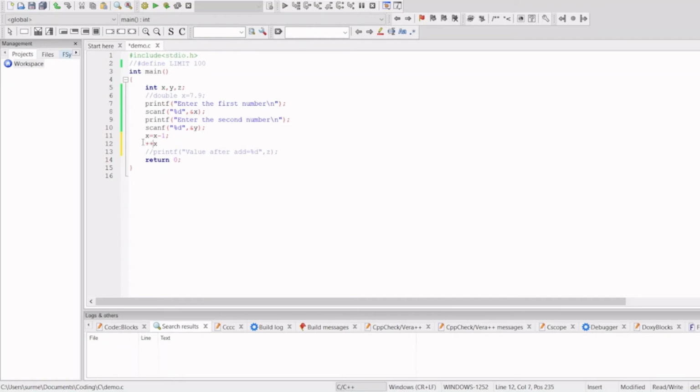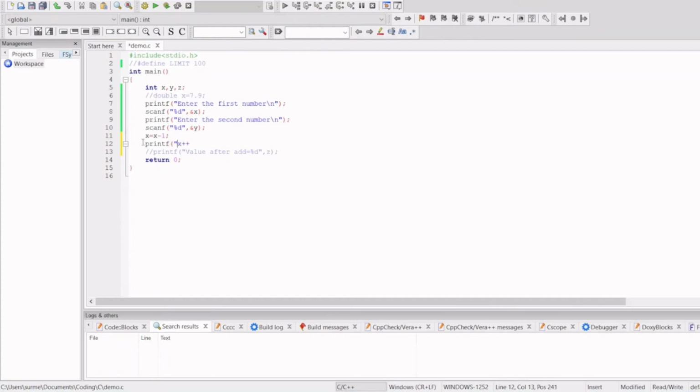The only difference between after and before is that if we write it before, it's going to add the value in x first and then store the value, and if we write after, that means it's going to first store the value of x and then increment. On a longer program it doesn't make any difference, but for example if we are using it in a printf statement,